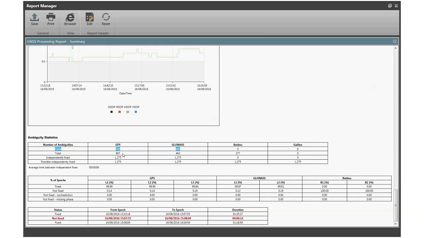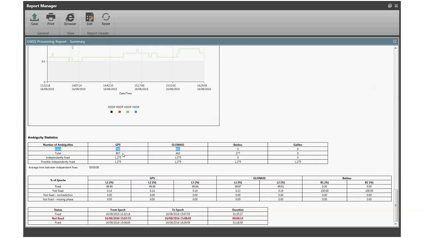Okay, the answer actually depends on the time. If you have a longer time, of course, your ambiguity will be more. The total number will be more, because the satellite goes up and down. It will happen, and the ambiguity will increase. But for example, you log the data, and within just 1 hour the ambiguity will shoot up to 2,000,